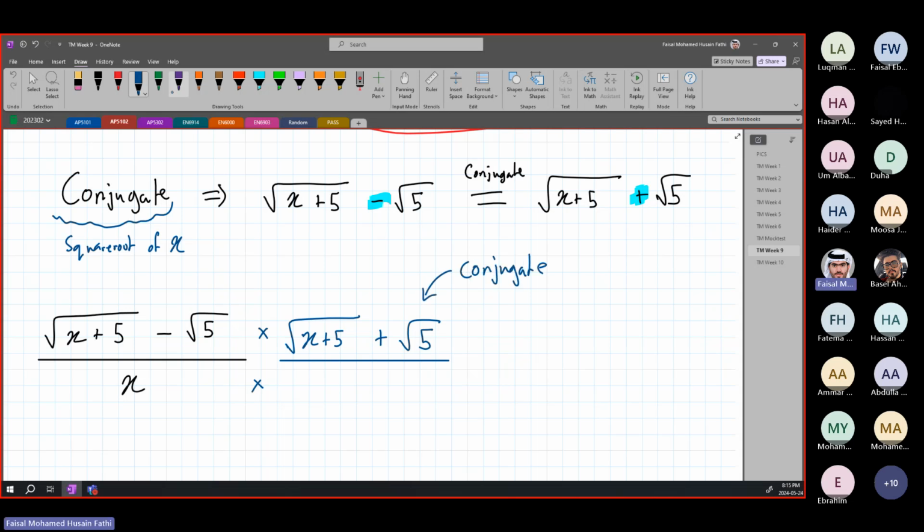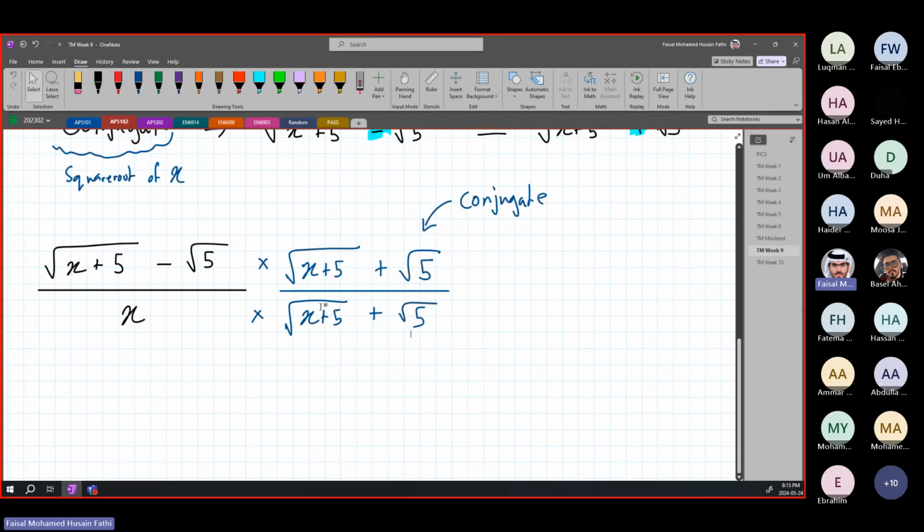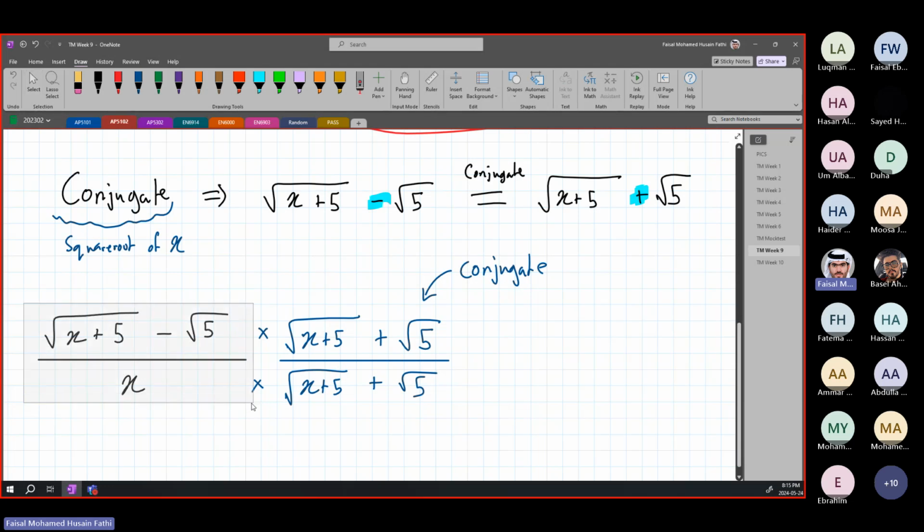And anything you're multiplying up, you have to multiply down, because we don't want to change the equation. We're not trying to change the equation. We're trying to keep the function the same as it is. Right? So this will be your very first step, finding the conjugate and then multiplying your up and down by